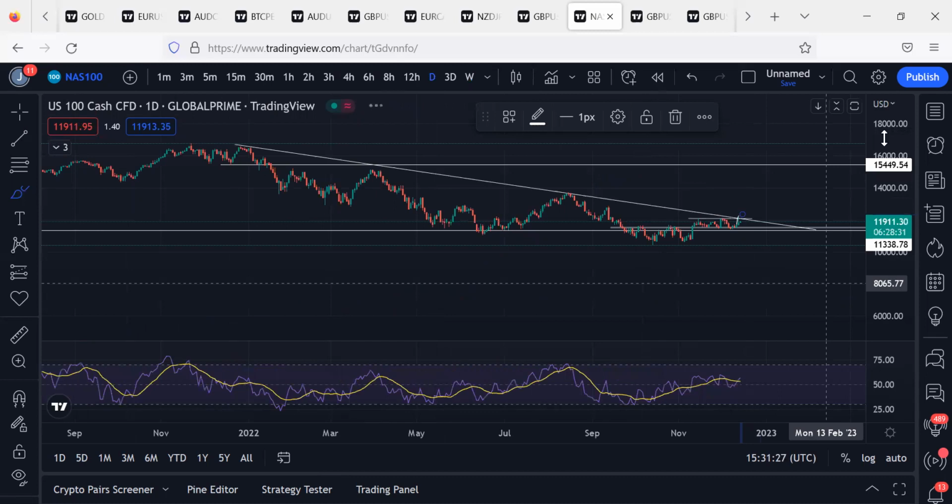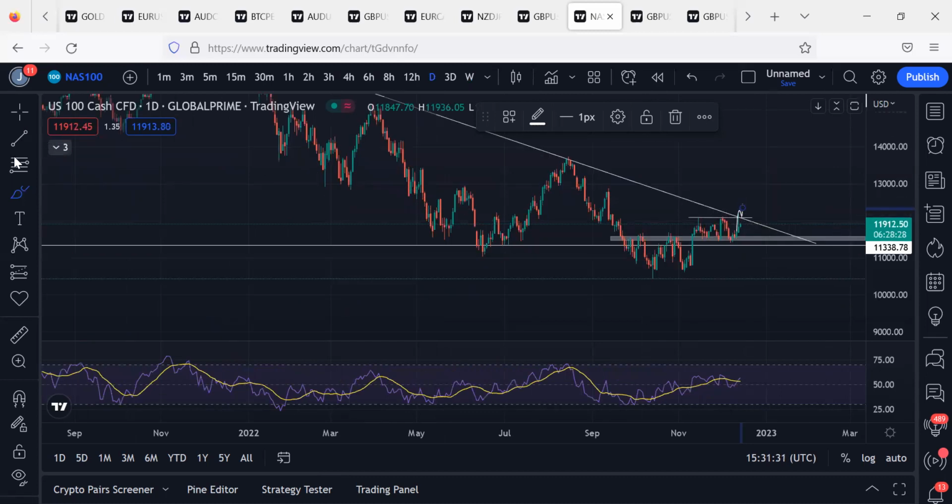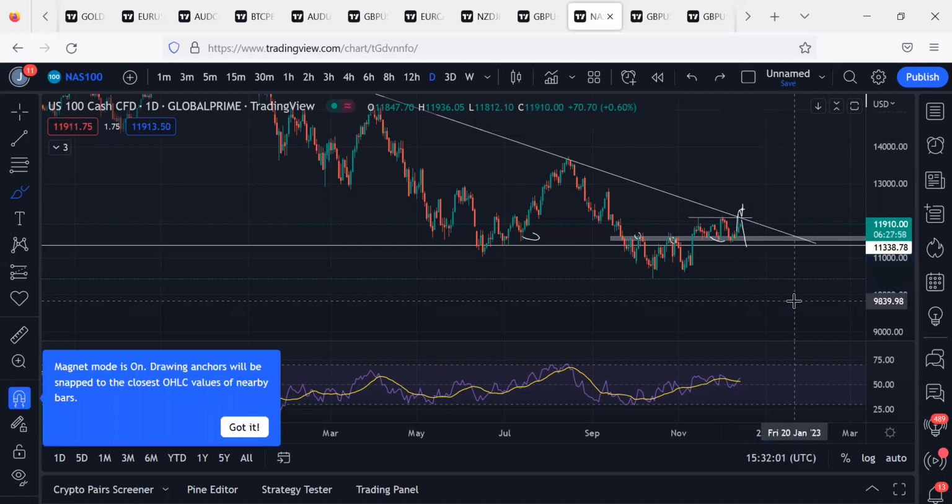In case we don't break this to the upside and find a safe haven, we might just come back to this trend line, this long trend line that has been coming since 2021, and flush to the downside. How do you know that we'll flush? When we come back and break this important support, resistance, support, then we might come back here and find a probable entry to flush us to the downside. Are you guessing? This is how market structure actually works.